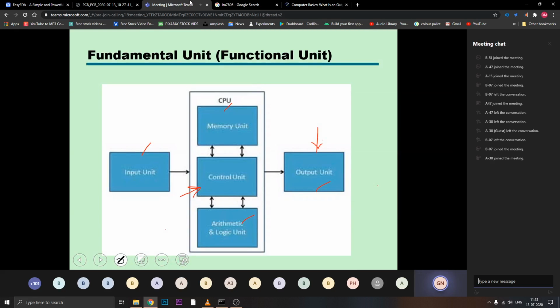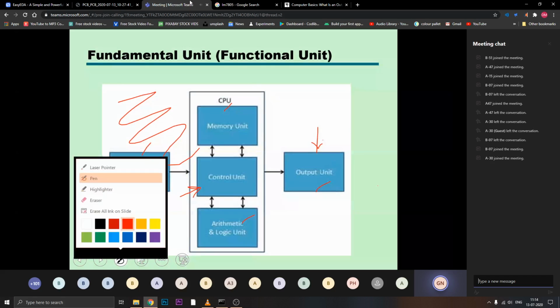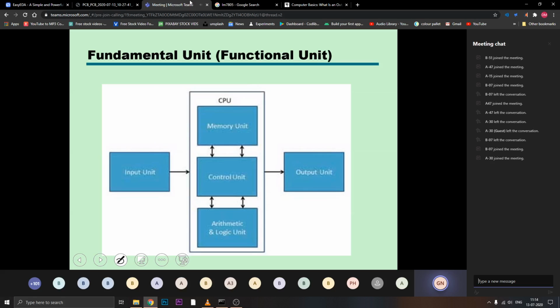So there can be some devices that can be input and output. Nowadays displays, you can say touch screens. So whatever I am accessing and drawing these arrows for you on the slides, it is a display that lets me draw arrows on it. So it can be said as an input and output device also. The display shows me the slide and I can give input on it too. I can draw something over there, right? So you can say that some IO devices can be both. Okay. So that is the fundamental unit of a computer.